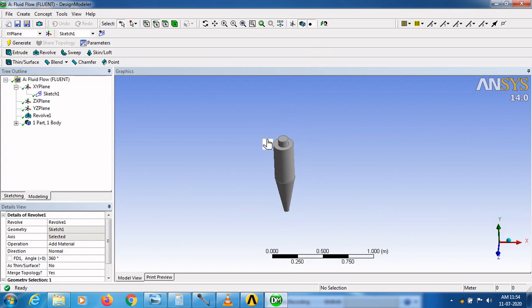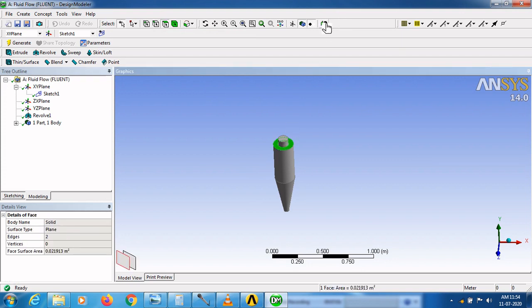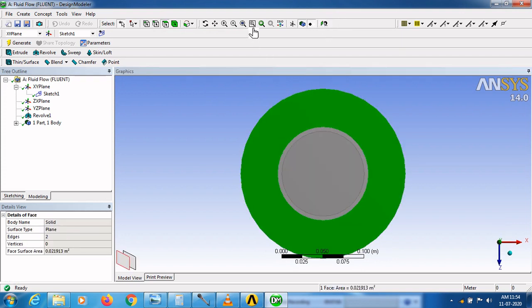Now we have to draw sketch 2. And go to the model faces option and select that option and pick the surface and select look at face.